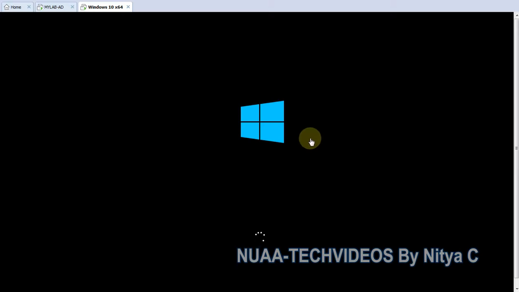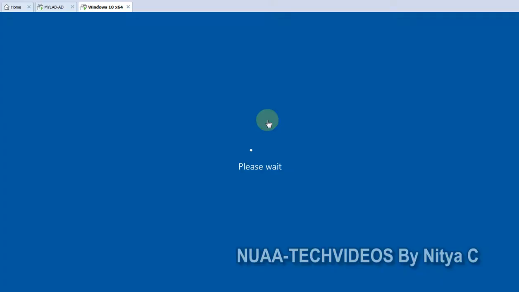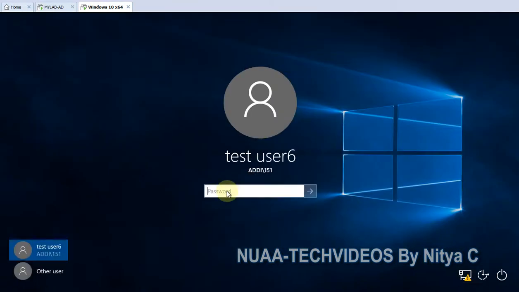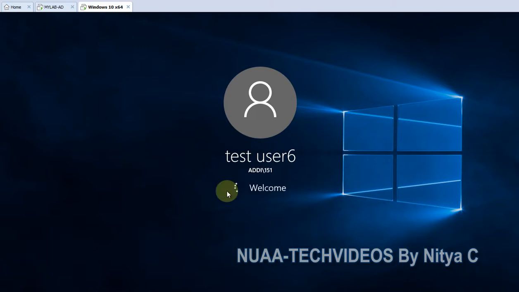The machine is booting up again, it will take some time. Now we will identify what's going on in this machine through group policy. Okay, the machine is booting up, please wait. Let me enter the password.